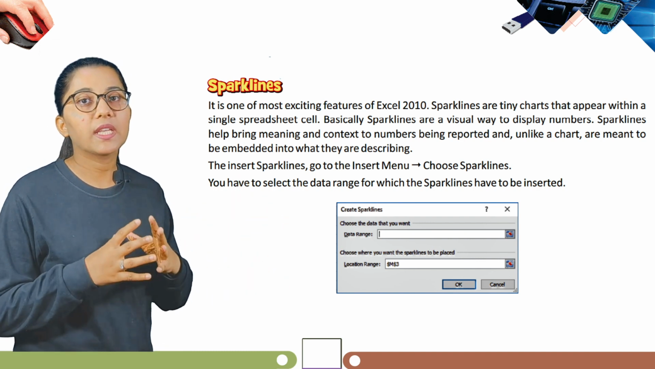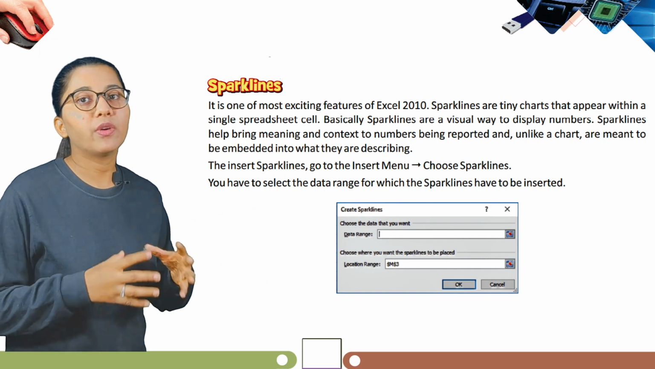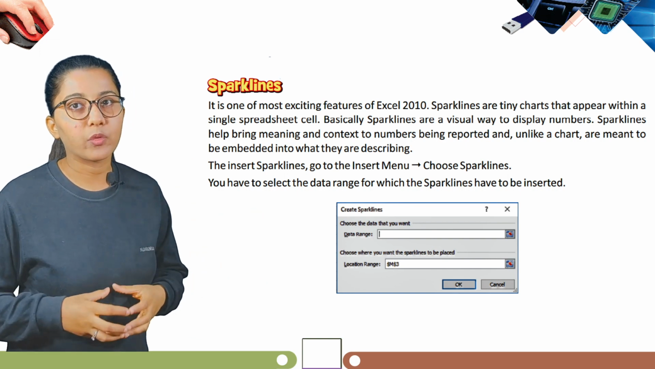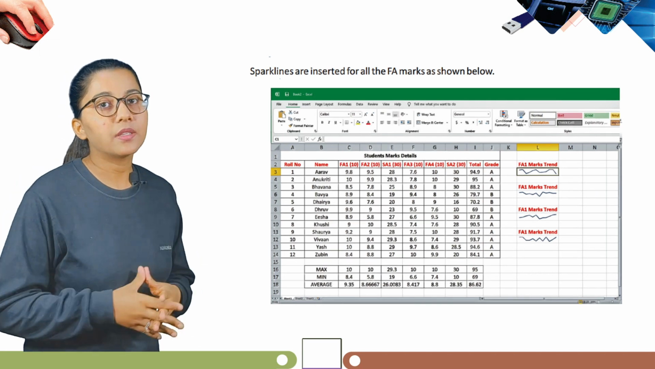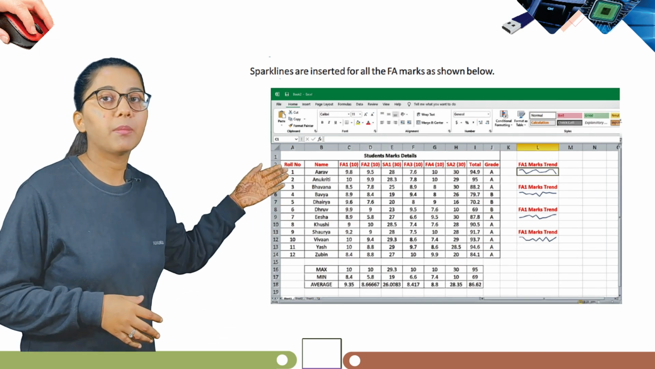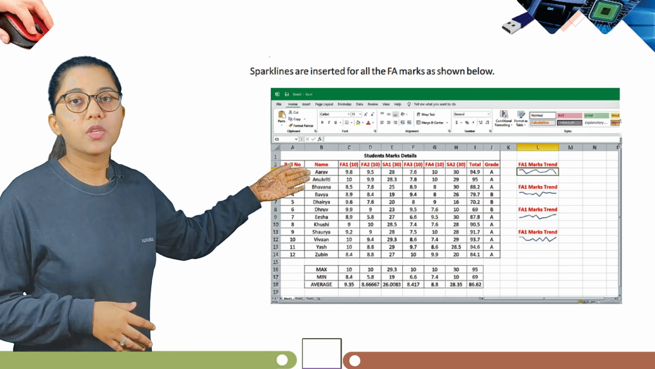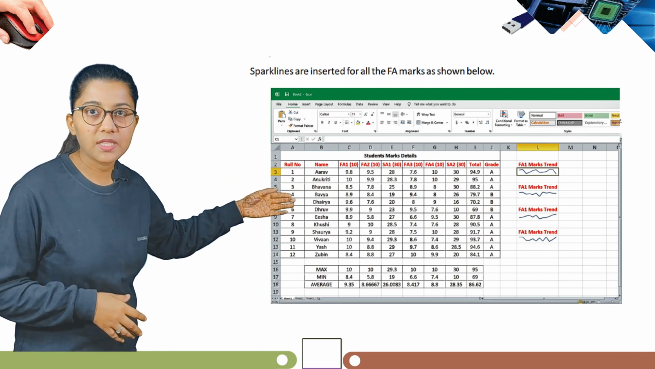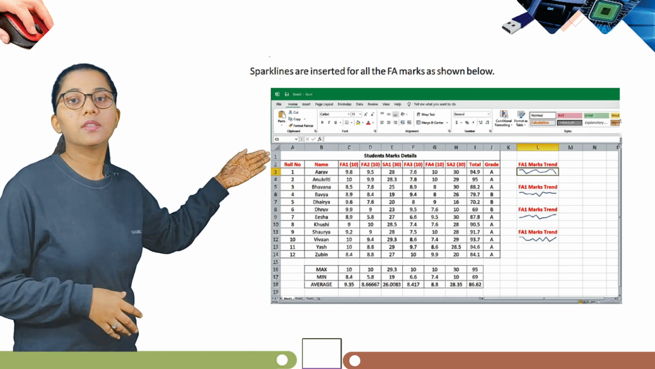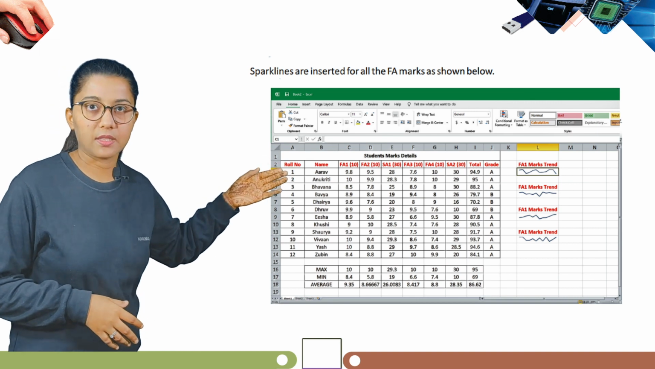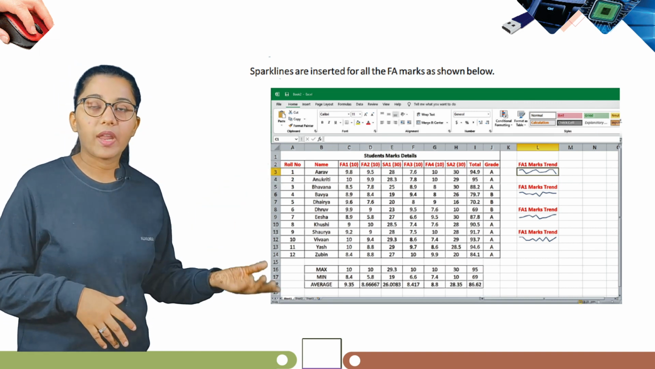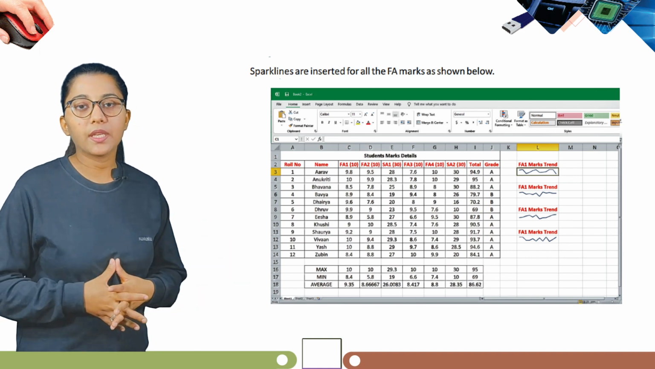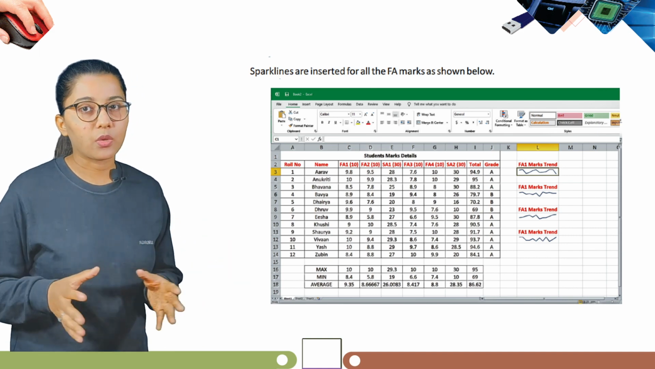You have to select the data range for which the spark line has to be inserted. So students, spark lines are inserted for all the FA marks as shown below. So here you can see the interface of inserting a spark line in MS Excel. Now students, after adding spark lines or dragging your content or deleting it, let's learn about a new topic,